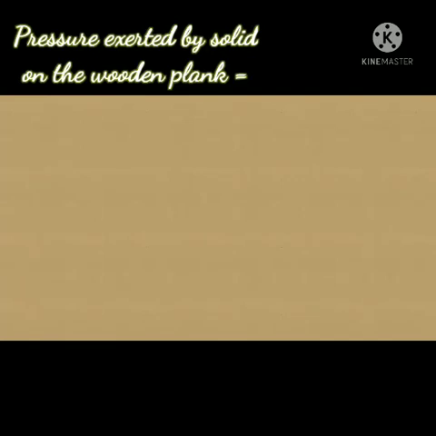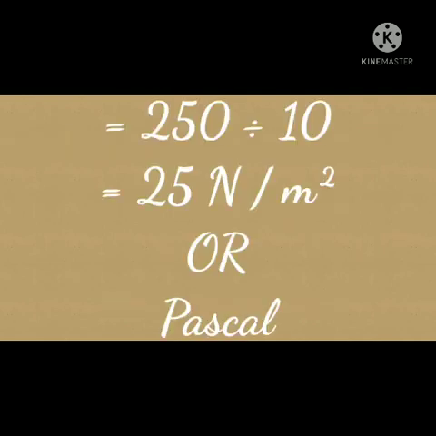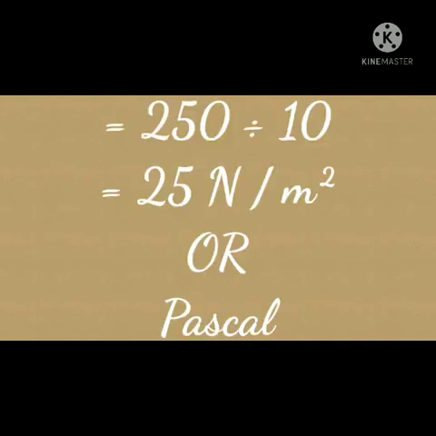Therefore, pressure exerted by the solid on the wooden plank is equal to force exerted by the solid object on the wooden plank by area of contact. Therefore, 250 divided by 10 is equal to 25 Newton per meter square or 25